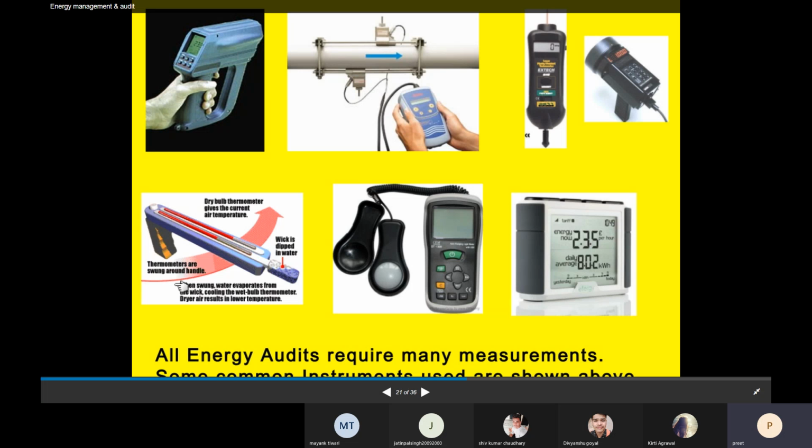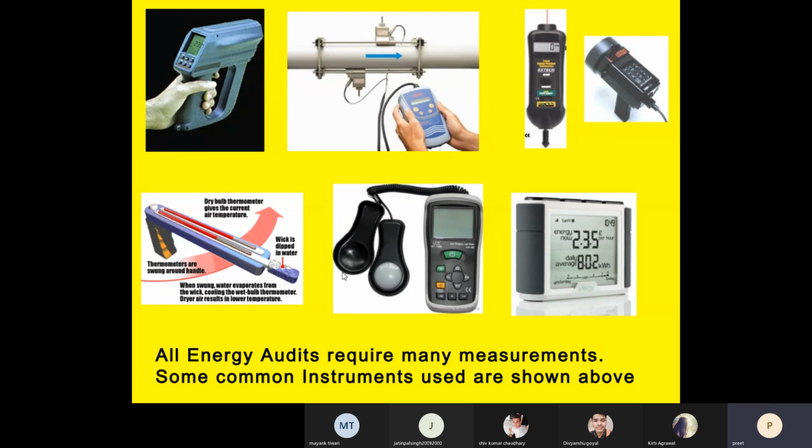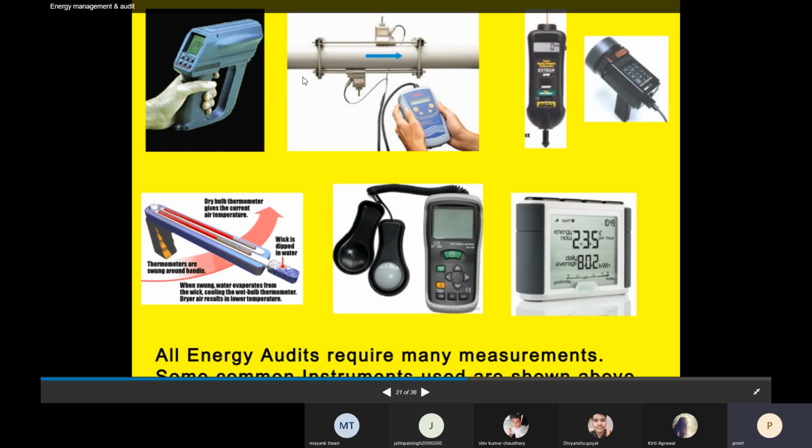There are definitely some instruments which are used during energy auditing. As we have seen, during energy auditing there are many measurements we need to take. We need to take the parameters for every aspect of a component of the utility, in which we need to measure the resistance, the voltage, the energy consumption, the capacitance, the inductance, everything. So a number of energy meters are needed. All these instruments we need for doing the energy auditing, and these are some.